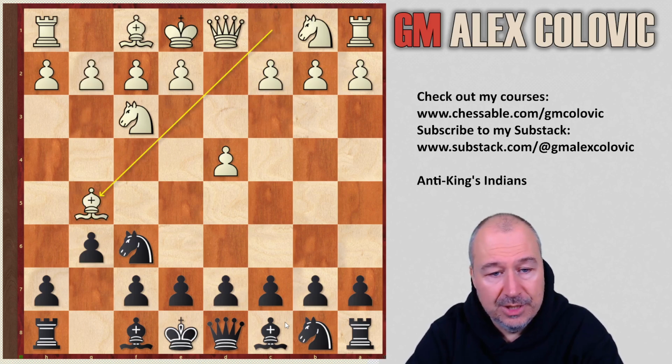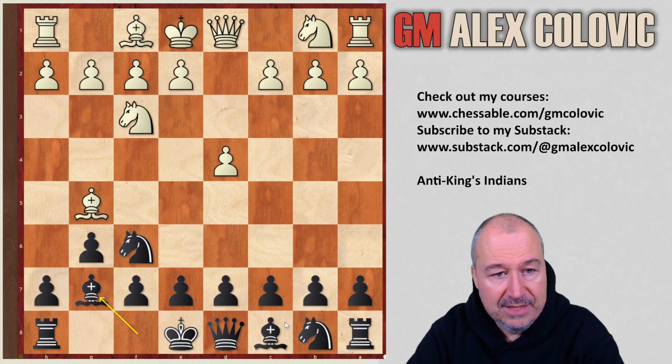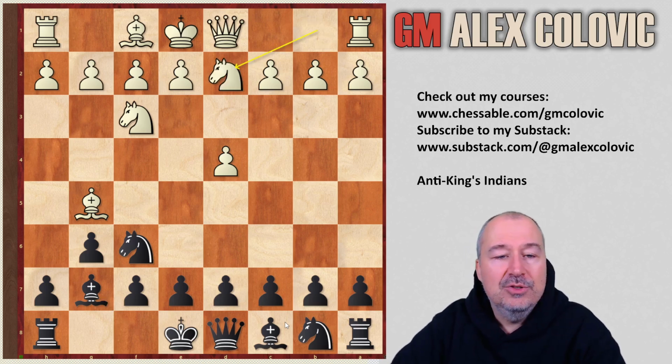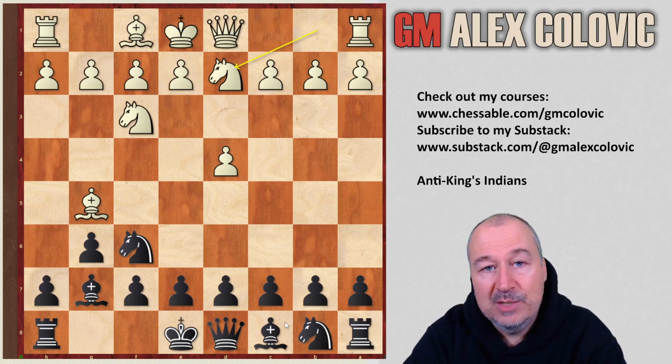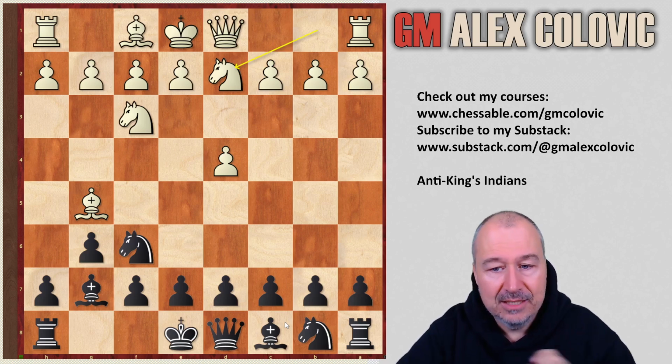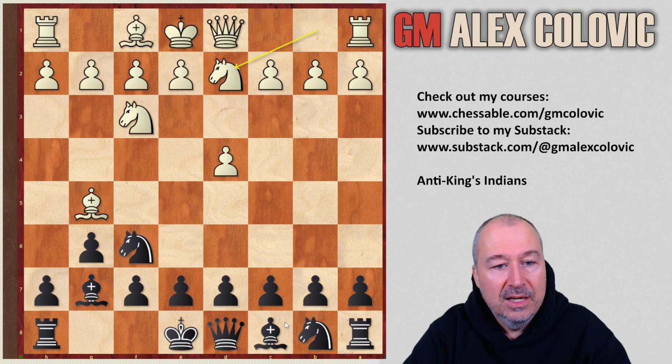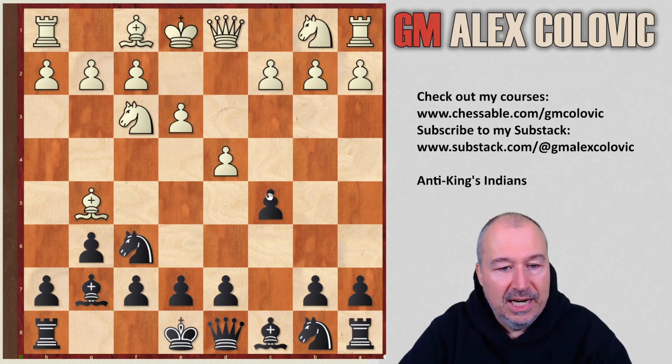Now, let's start with the Torre attack, bishop g5, bishop g7, and now White can play e3, c3, but I will start with the move knight bd2, because I think from Black's perspective it is the most annoying one. Against the other moves, let's say e3, c3, Black can play the plans with c5, which I have personally liked, and especially let's say something like e3, c5, knight d2, and now take on d4, e4,